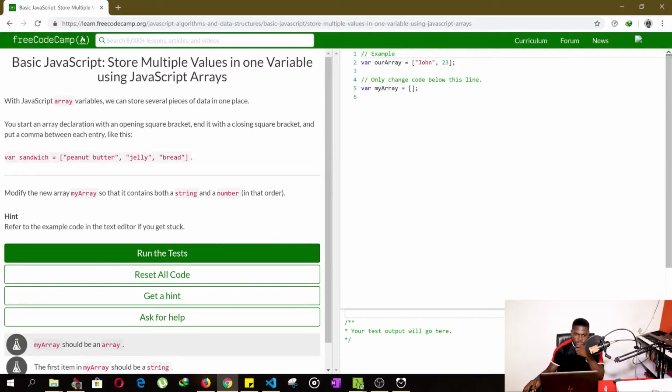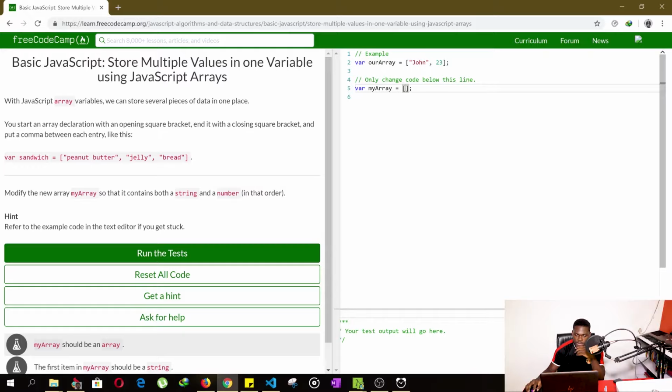Store multiple values in one variable using JavaScript arrays. Okay, so an array is basically a variable that holds multiple values. So it's self-descriptive. This topic is self-descriptive. Okay, so what they want us to do here is to modify my array so that it can contain both a string and a number